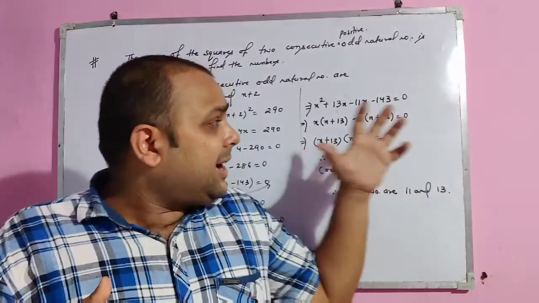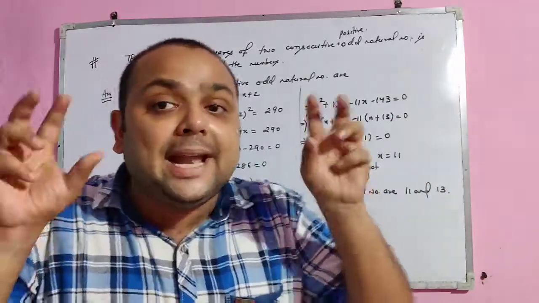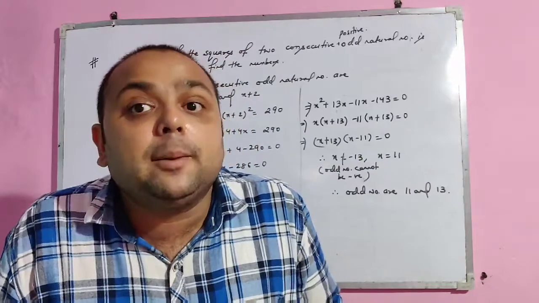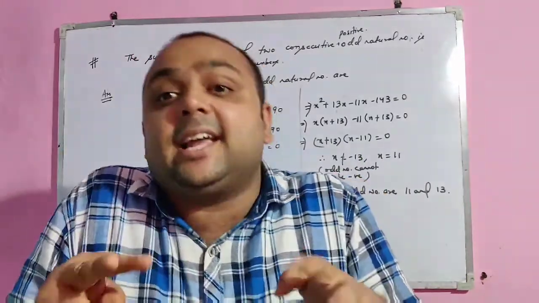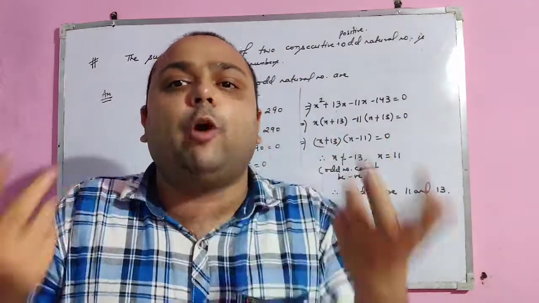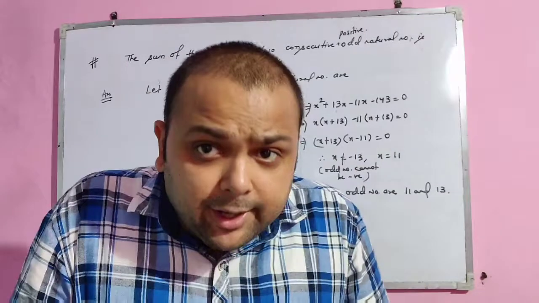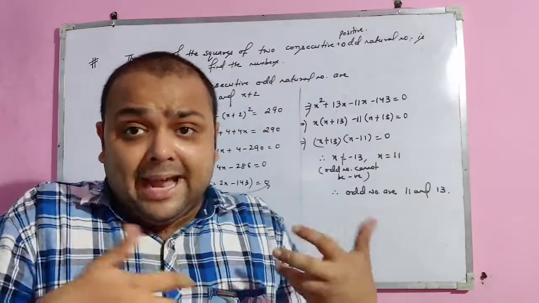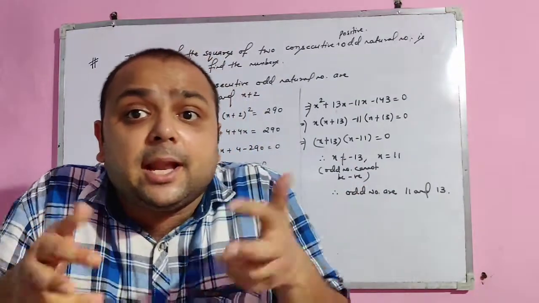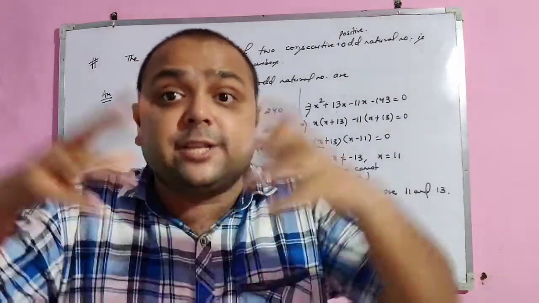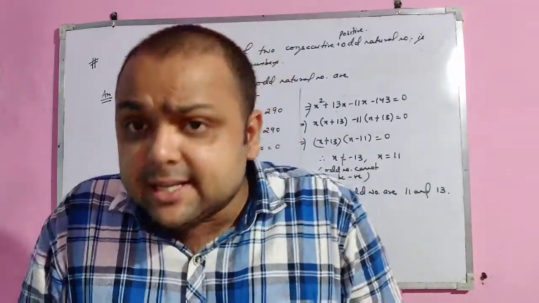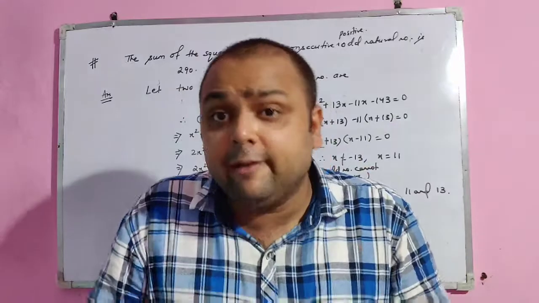But there are some questions in which we cannot think of that particular number. How to find that number? We are not able to think about that. So for that there are two different methods: the completing the square method and the quadratic formula, which was discovered because we are unable to find the factors all the time. That is, we are unable to find those two numbers if the data is very large. For that we have two different methods which we'll discuss in our next video.